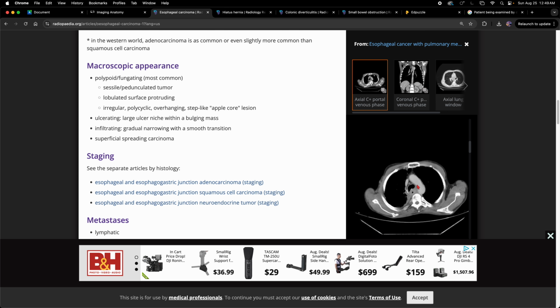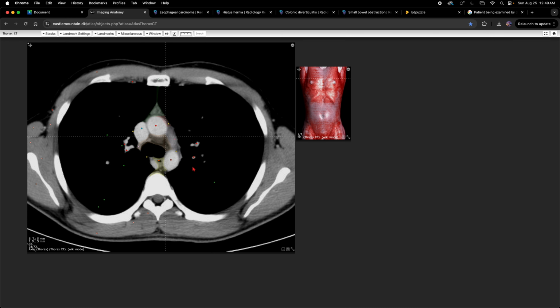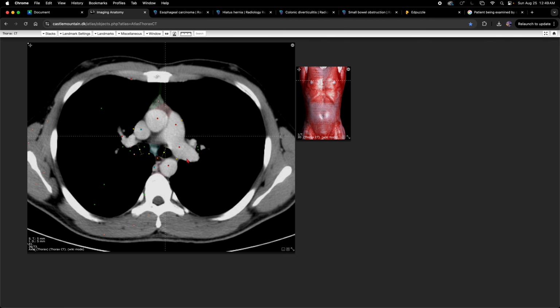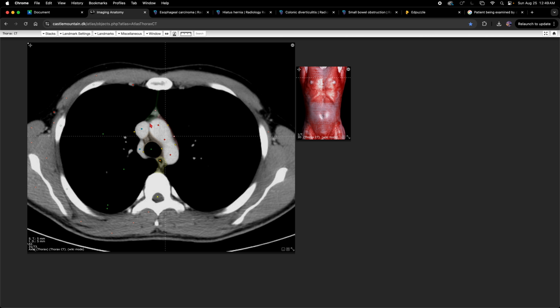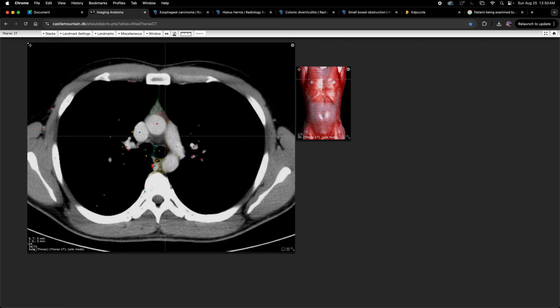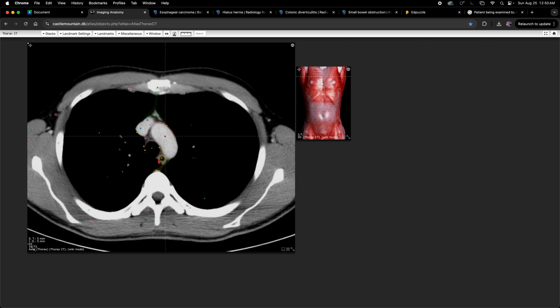So this is right above the aortic arch, right? Right above. Let's go right about there. Notice how clean this looks. You can clearly identify all the structures on here without much soft tissue or anything that looks abnormal. This is a normal looking CT of the chest that shows the esophagus and the trachea and the blood vessels